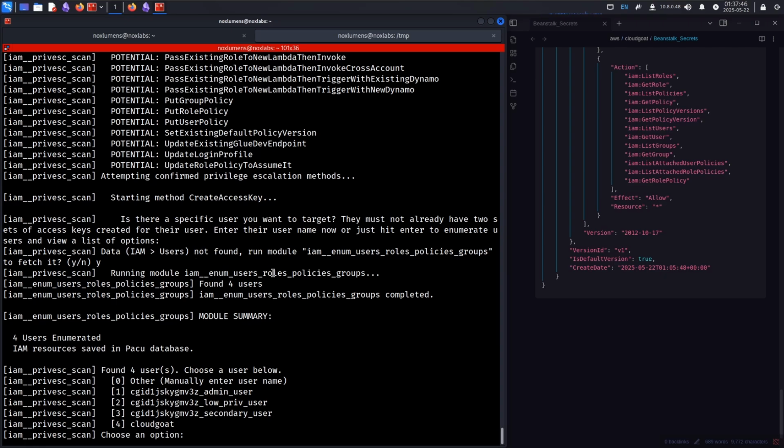The idea here is that I believe what it's going to do is generate another set of access keys for whichever user we choose. And in this instance, of course, we have the administrator user. We already know the low level and the secondary. So we might as well grab the administrator user to escalate our privileges, since we can generate a second set